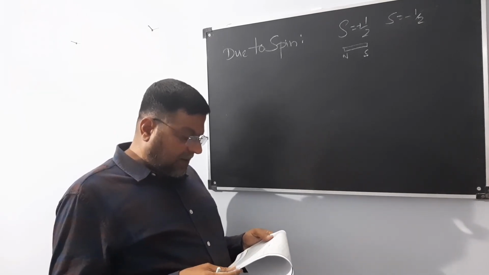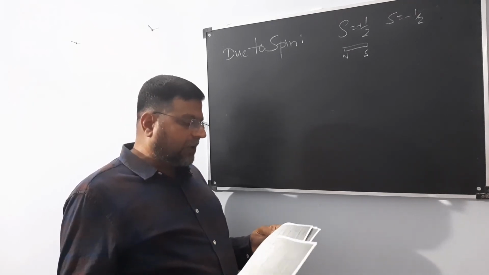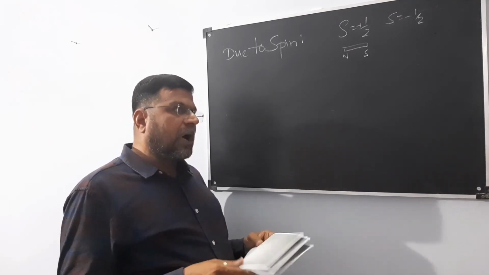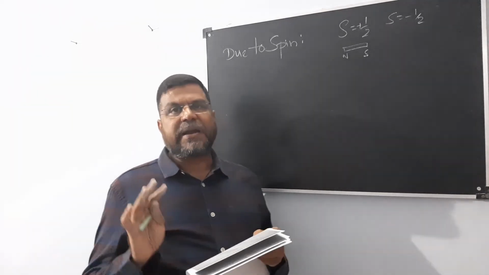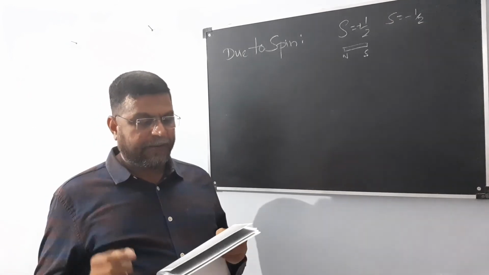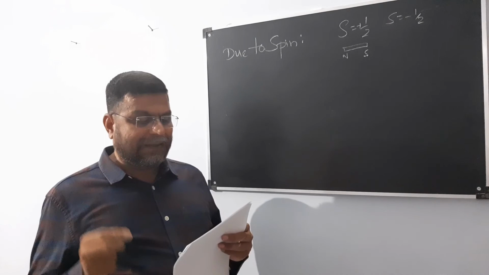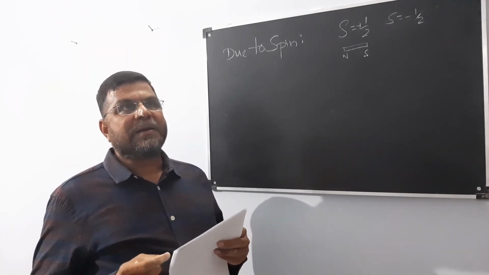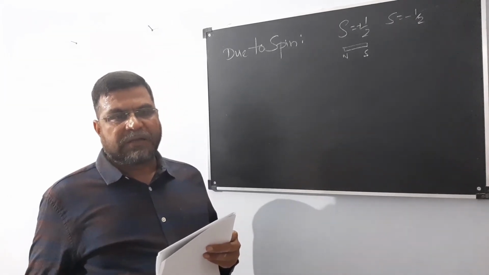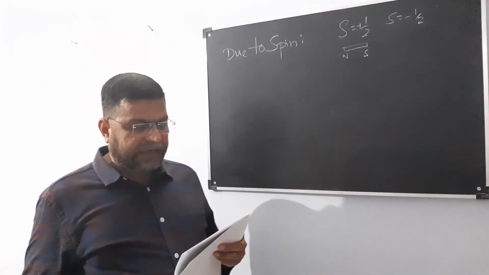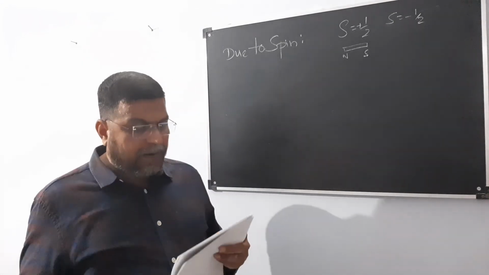However, nothing is known about the shape of the electron and the manner in which the charge is distributed. We don't know the shape of the electron, or how the charge in an electron is distributed, but you know that the electron is a negatively charged particle. Hence, it is impossible to calculate the spin magnetic dipole moment. Since we don't know how the charge is spread, we don't know how it is going to spin. So we say it is impossible, and so we are going to calculate the orbital motion.